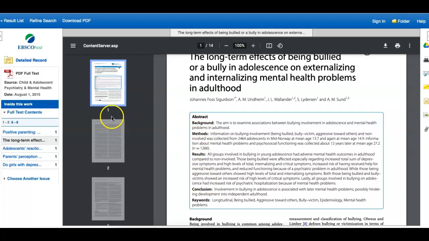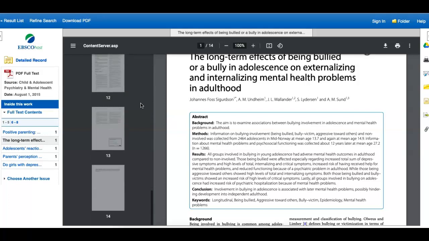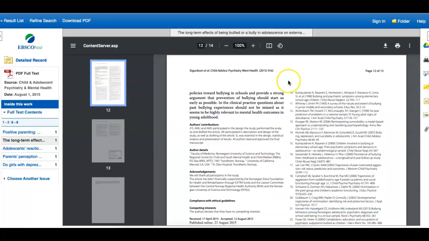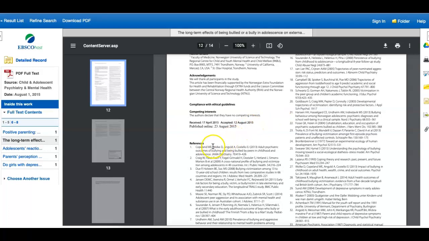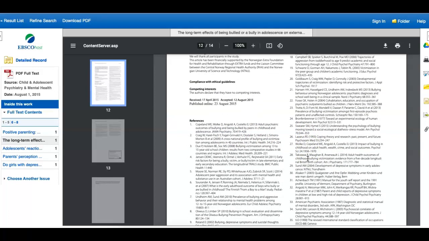So one of the other things that you can do, once you find something along your topic that is pertinent, is go down, go to the end. I'm going to go to the back, so here's the references section. In here, you can go through the various references. You can look at the type of work that's back here. And once again, you can build off this one reference document that they have by looking back here and just say you are interested in number 27. All you have to do is highlight that, copy it,